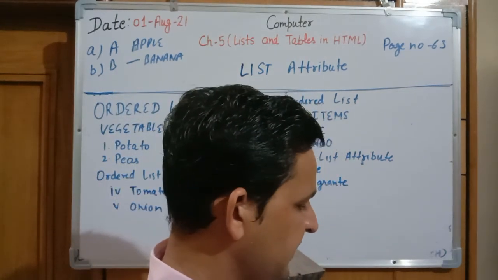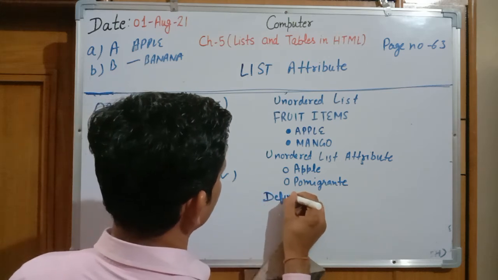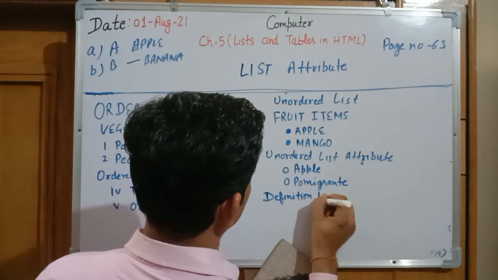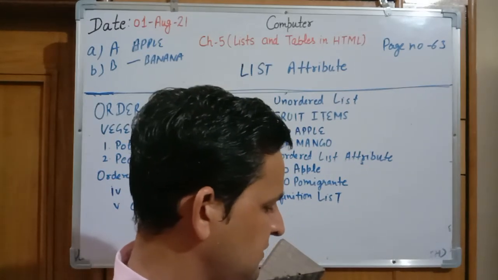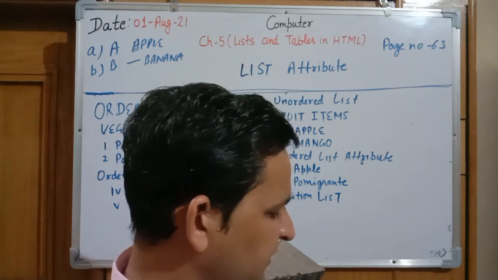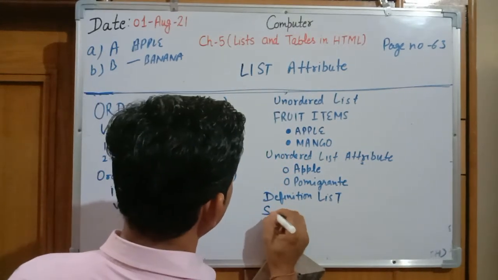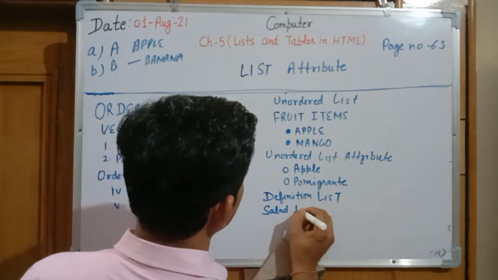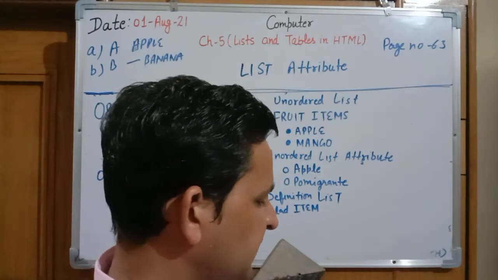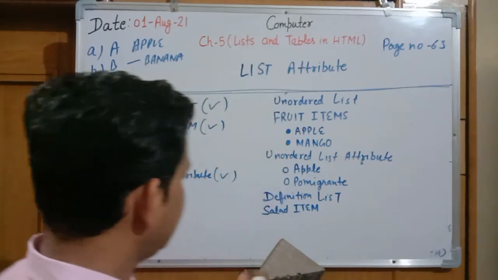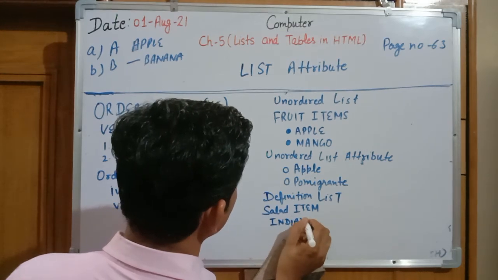Afterward again they have taken a definition list. What is in the definition list? DL, in DL they have taken DH, table heading, data heading, it is salad items. So it will be written here, salad items. In salad items they have taken a data term, that is Indian salad. It is the subpart that is Indian. It is the data term.